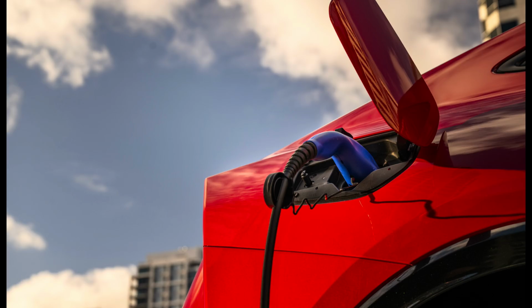They will now be called plug-in hybrid models. We'll talk a little bit later in this video as to why Toyota says that these are important changes and why they're making these changes. But if you're not too familiar with what the Prime or plug-in hybrid technology means, let me explain it to you. So plug-in hybrid is a little bit different than the regular generic hybrid systems,